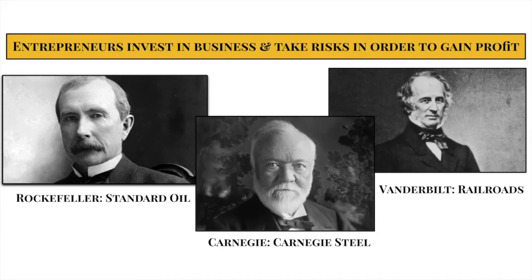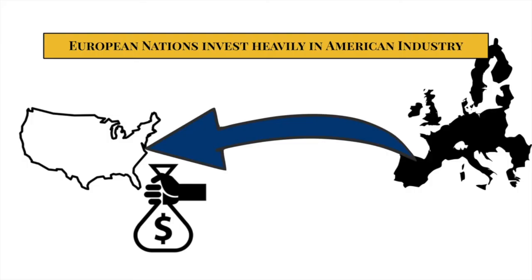So we've got a couple of hugely important entrepreneurs here on the screen. We've got John D. Rockefeller of Standard Oil, Andrew Carnegie of Carnegie Steel, and Cornelius Vanderbilt, who owned tons of railroad. These are just three major American businessmen that we're going to bring up just briefly. But these entrepreneurs, these business owners, are going to reap huge profits. And that's going to be a problem as we move forward and look at the negative side of the Industrial Revolution in a following lesson.